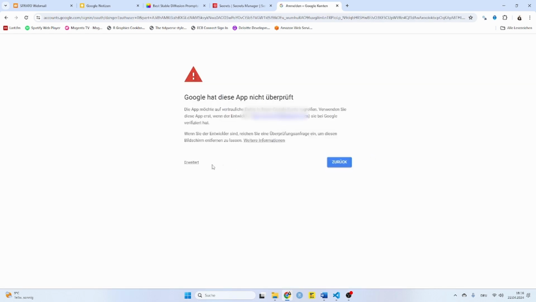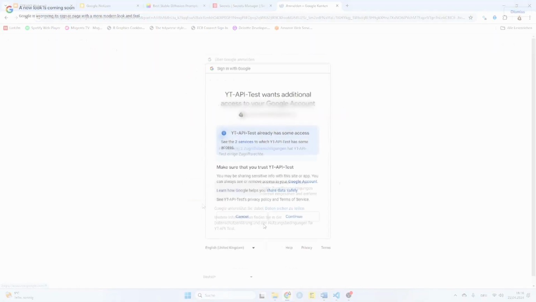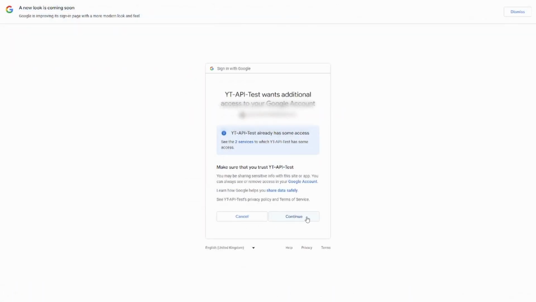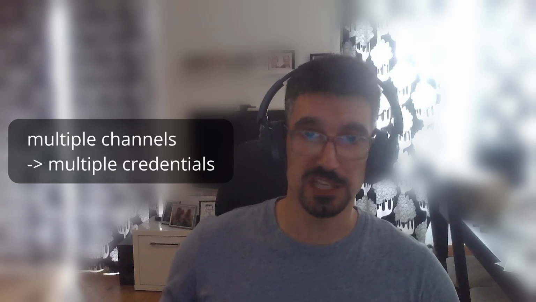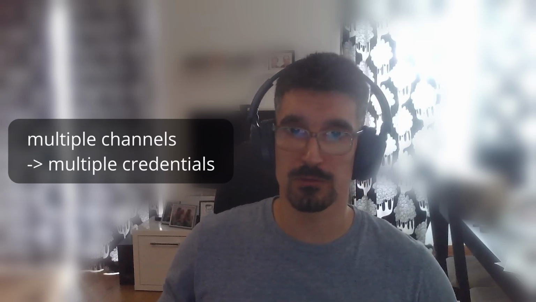And once you have done this, you will retrieve the credentials and store them locally, but also store them in the AWS Secrets Manager. And important to note here, if you have multiple YouTube channels, you will need to authenticate for each of them and also store the OAuth credentials in different secrets in the Secrets Manager. If this is the case, then you should run these first two code blocks twice, and in between also delete the local token.pickle file.